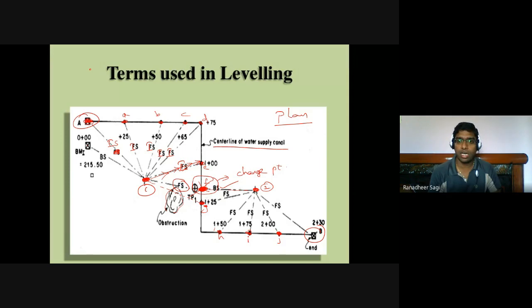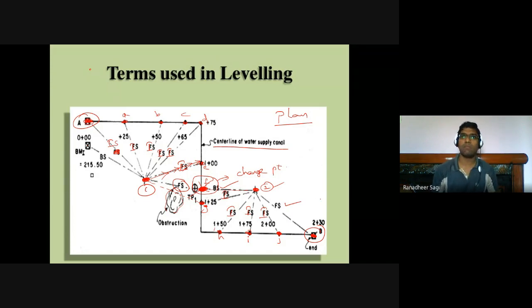And what was your next subsequent reading taken with respect to station 2 position? It is with respect to the leveling staff placed at point G, so it is the intermediate sight. At H, when you place your leveling staff, it is an intermediate sight. At I, it is an intermediate sight. At J, also it is called an intermediate sight. And the other point, capital B, which we are calling the end point of your complete survey, when the leveling staff is placed at this capital B position, that was the last reading you want to measure with respect to instrument station 2. So that last reading becomes your foresight.